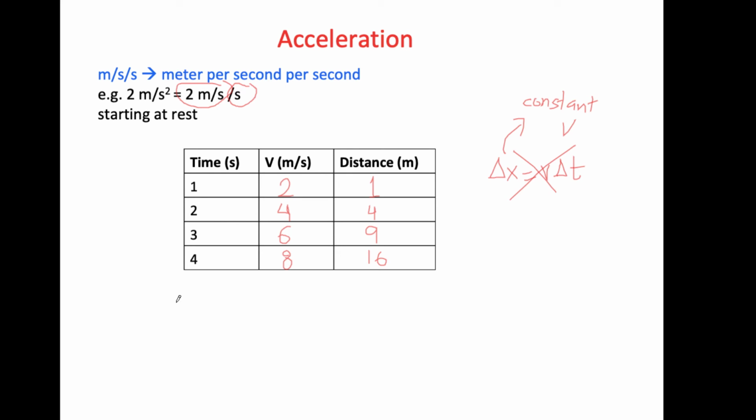Moreover, what do you think about the motion diagram of this situation? Would it be like this, with the dots equally spaced? Well, dots equally spaced tell us that the speed is constant, and right now we know that the speed is not constant. So this won't be the motion diagram of the scenario here. In fact, the dots would be getting farther apart as the object keeps on getting faster.